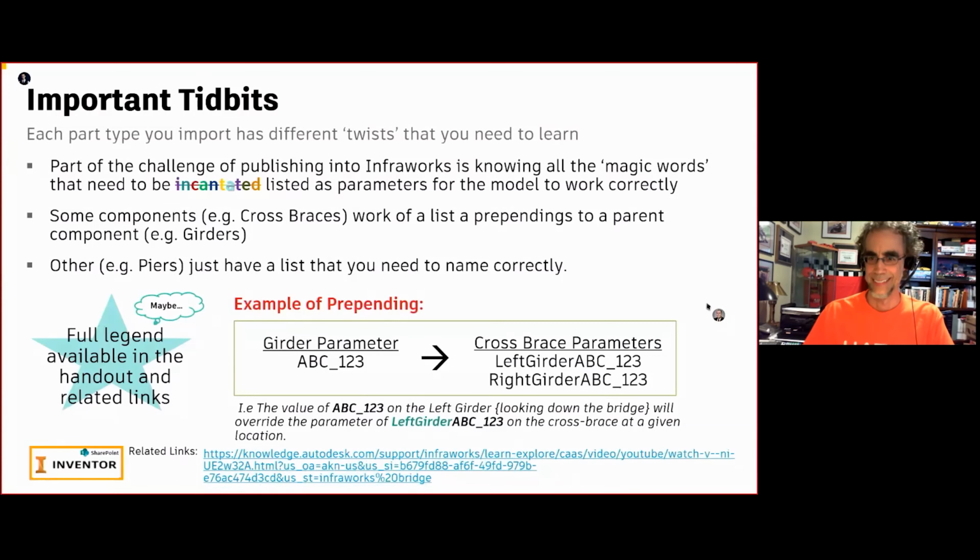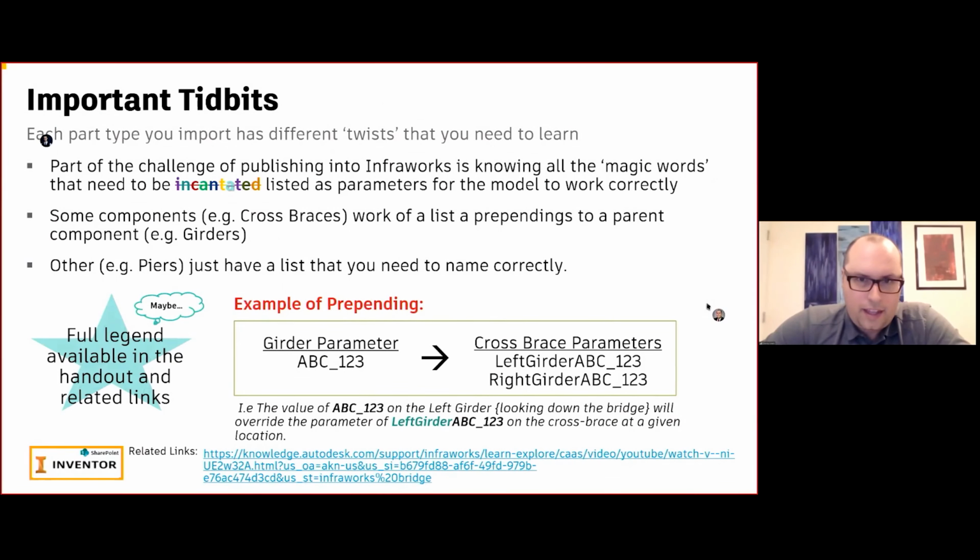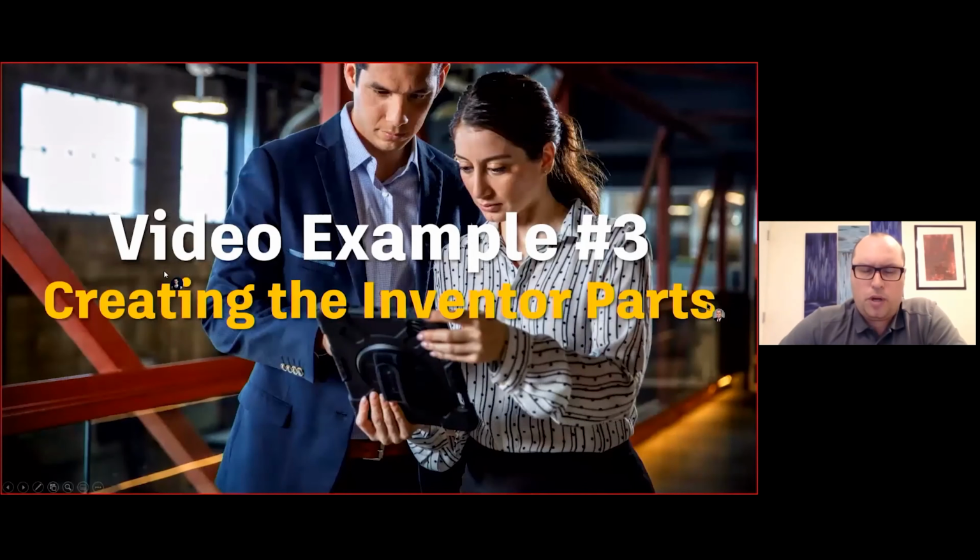Okay. Next slide. So with Inventor and InfraWorks, essentially you're going to be making parametric models. And the only trick you have to watch out for is that you need to have magic words that InfraWorks will recognize. You'll build the models with your parameters, so that I change the parameter and the model changes. Once you publish it into InfraWorks, InfraWorks will take control of those parameters and drive them for your model. There are either magic words or a list of prependings. And again, I'll try to put together a better summary for that because it's a bit of dark magic for each one.